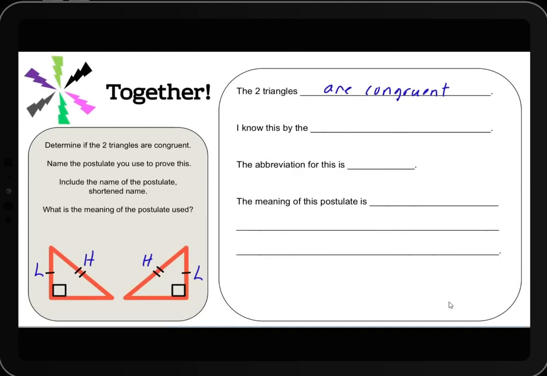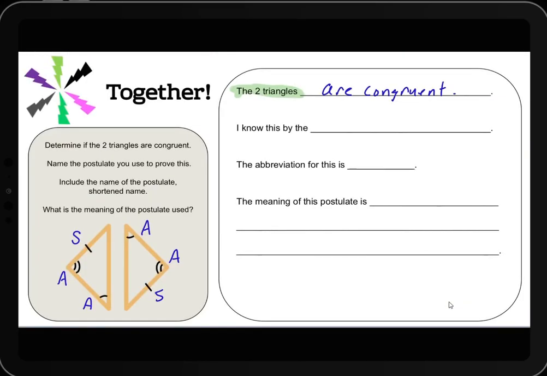All right. So having said that, let me go back to the initial one I was working on, which was this one. We talked about angle, angle, side, right? I wrote it down on the diagram. So if you look at the SBW, it's now going to ask you to describe how you know why your triangles are congruent, right? So in my case, for example, I would say that I know this by the angle,